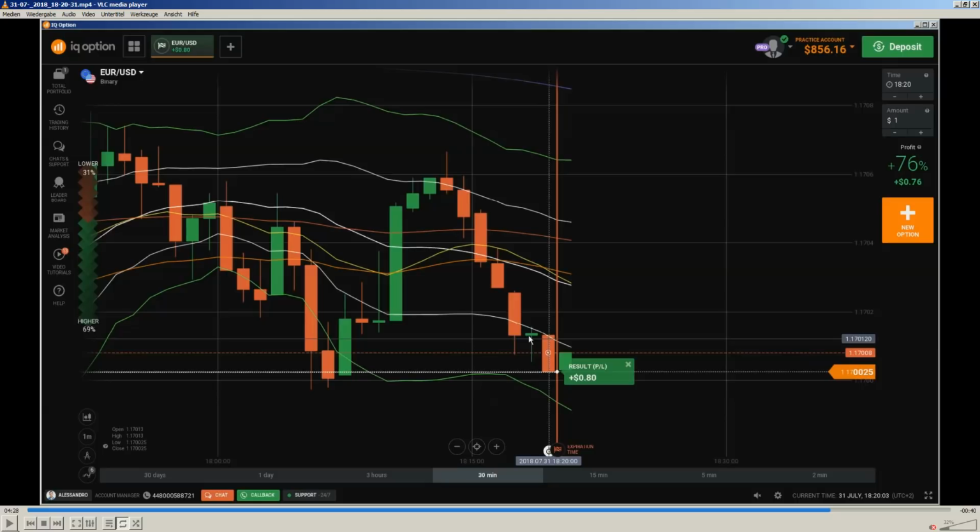And here it was a good entry point because it was a little bit higher than the previous wicks, because I know if price is in a downtrend, for example, it will mostly break this wick area here,